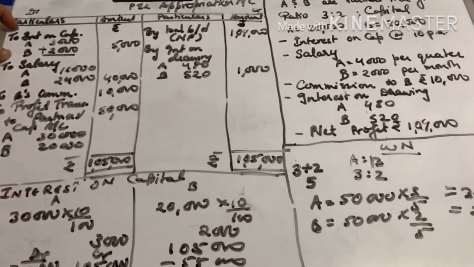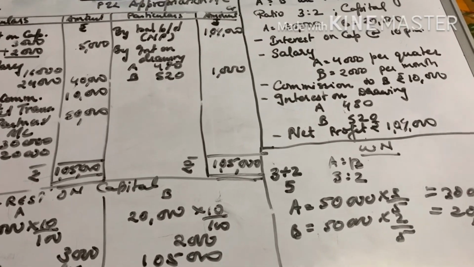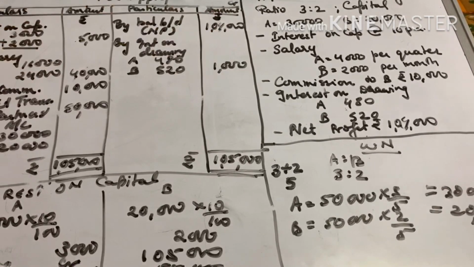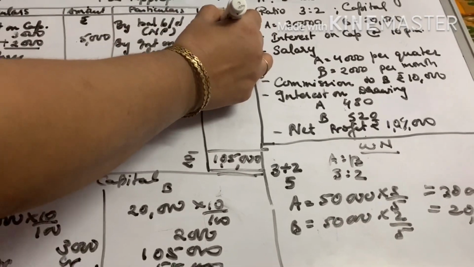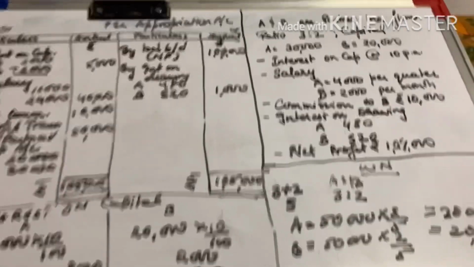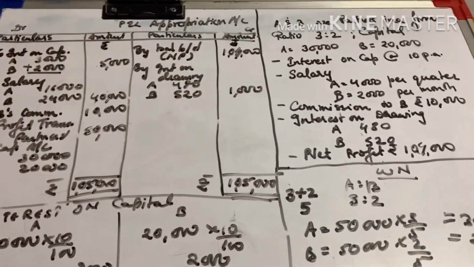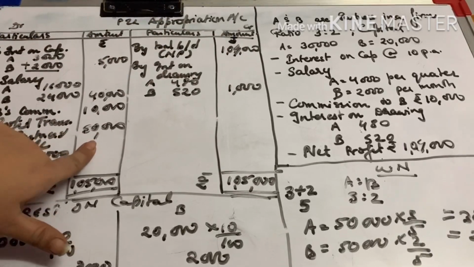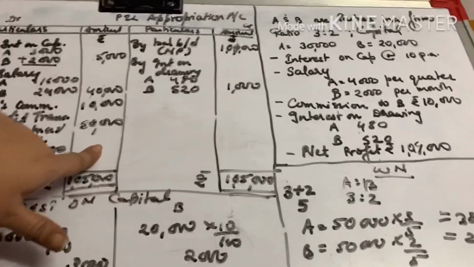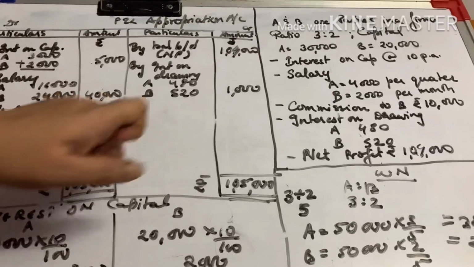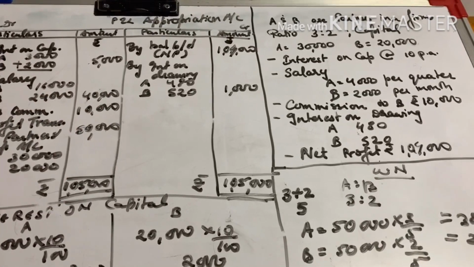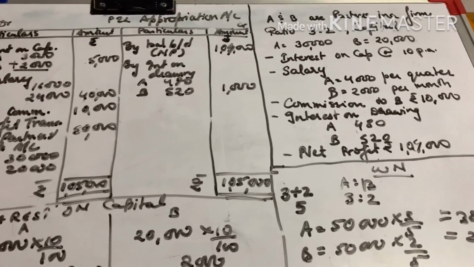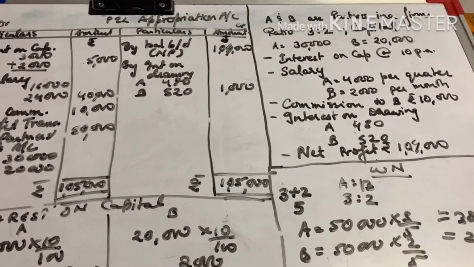So again, see: interest on capital, then the salaries, then the commission, here the net profit. We changed the net profit just to make the calculation easy for you all, and interest on drawings here. Then you find the difference between the credit and the debit side. If the difference is coming on this side, it means it is a profit, and if it is coming on the other side, it will be a loss. So please go through the question and try to practice more questions on the same.